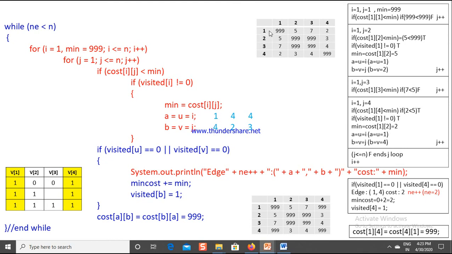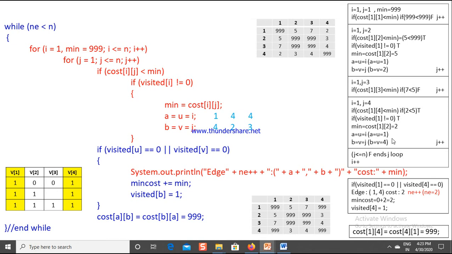So you check here. Here only you can check this one. So only the visited vertex is 1. In that corresponding row, the minimum cost edge you are having is 2. So what is the i value? 1. What is j value? 4. Because the entry is 1,4. So now I got the value of ij. It is 1,4. Okay, once I got this one, then I will come to this one. See here it is there, the tracing. So ij value is nothing but 1,4. Okay, ij value is nothing but 1,4.